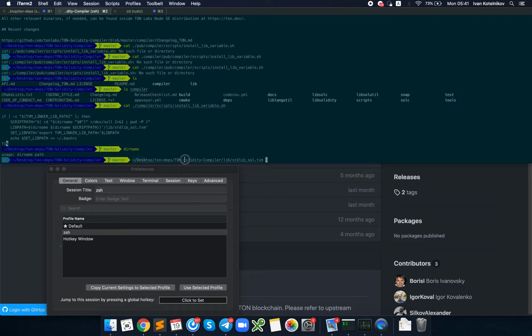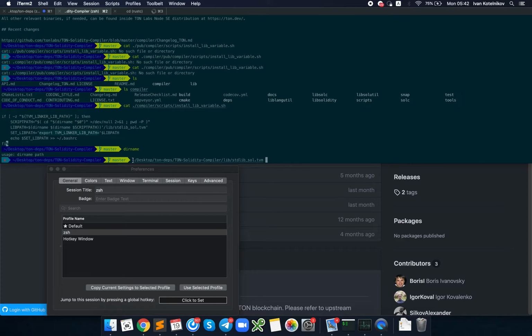So what I'm doing now is just creating an environment variable for the path to the standard library code, which is included in the TON Solidity compiler, and I need to include this command into my zshrc, or if you use bashrc, you can just execute this script. It's safe, and it will install this environment variable with the path to the standard library into your shell,